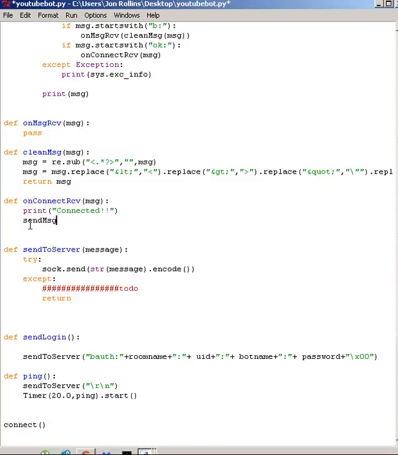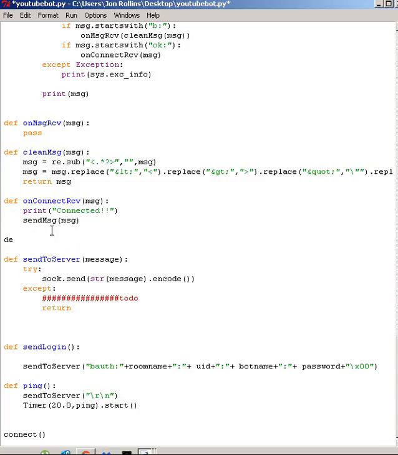Send MSG, and this is a method we're going to create here. Okay. Alright, now on message receive, before we get too far ahead,